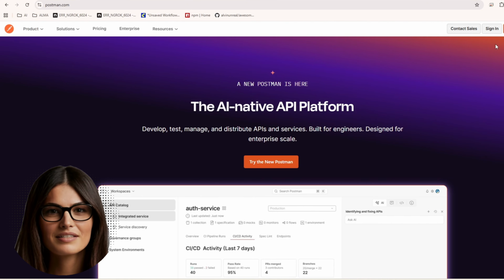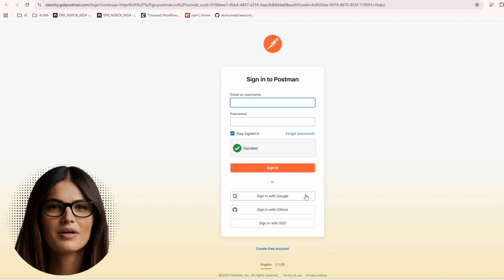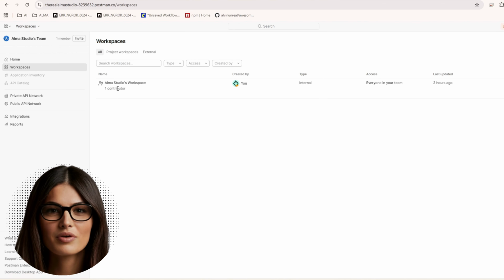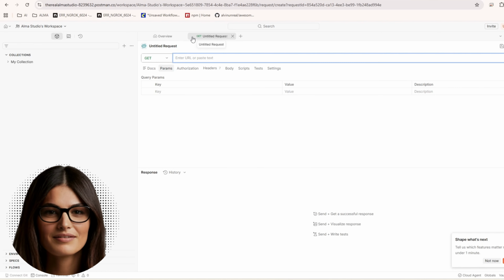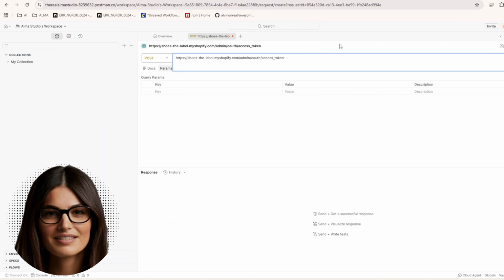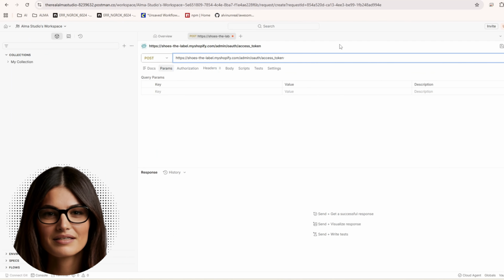Next, open Postman and log in. If you don't already have an account, you can create one for free. Go to your workspace and create a new request. The request method is POST. In the URL field, enter https